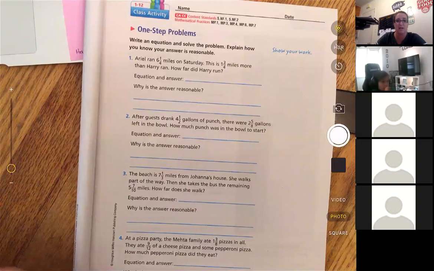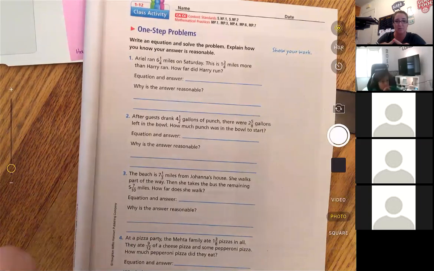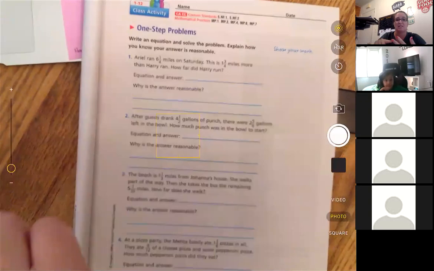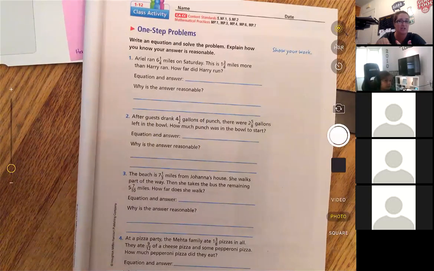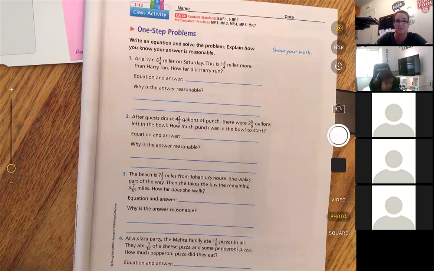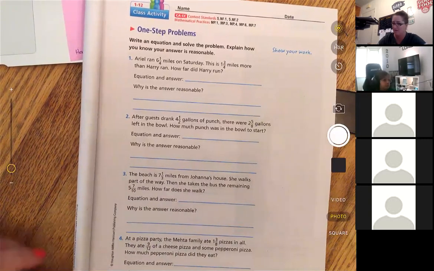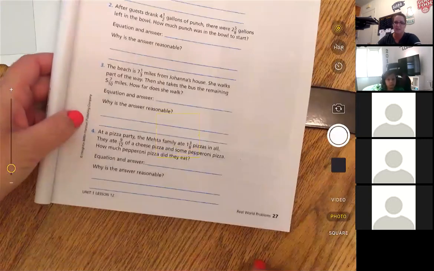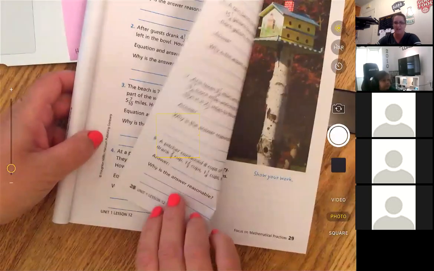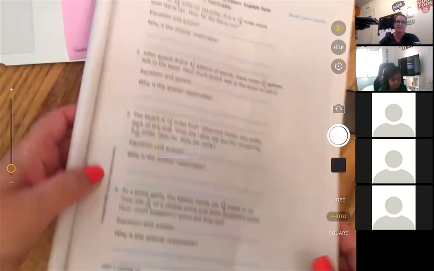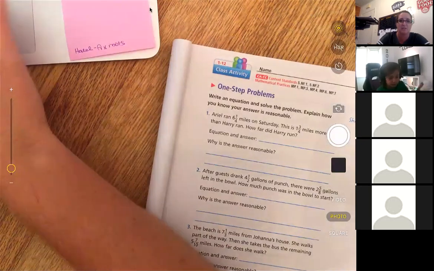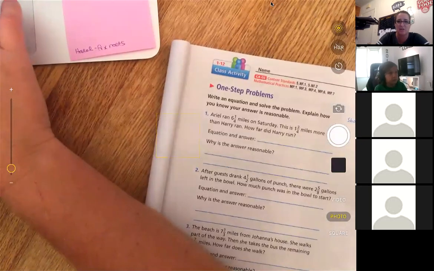So when you're in your breakout rooms, someone's going to read the problem aloud. There's going to be discussion over, is it addition or subtraction? And what your common denominator is. And then you guys are going to solve them and you're going to share your answers and decide if your answers are reasonable. Okay. In your student activity book, it is pages 27 and 28. All right. So give me just a minute here to get you guys going into